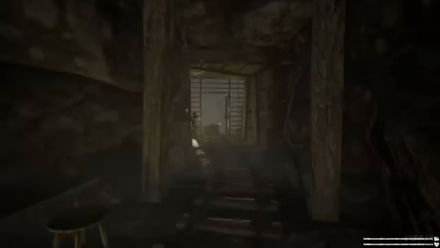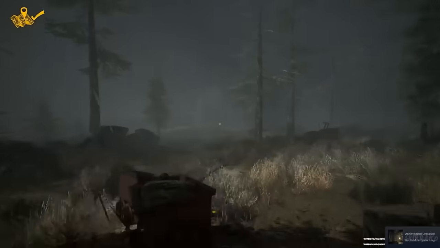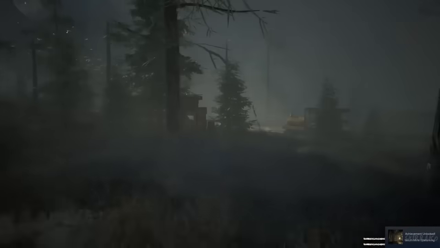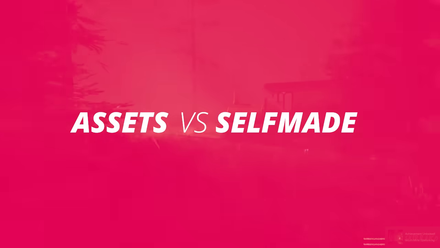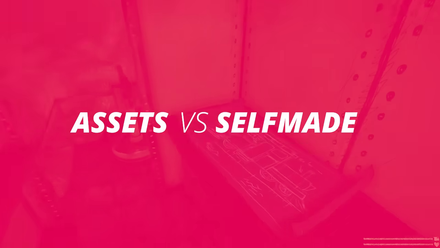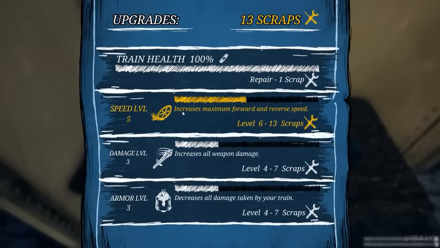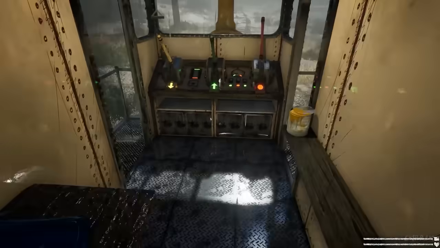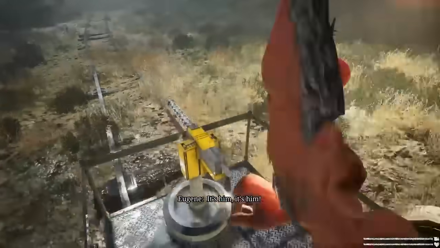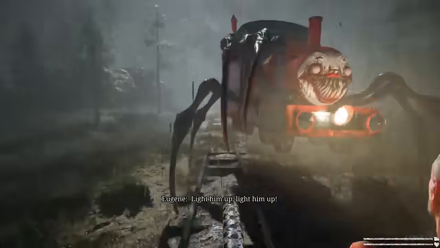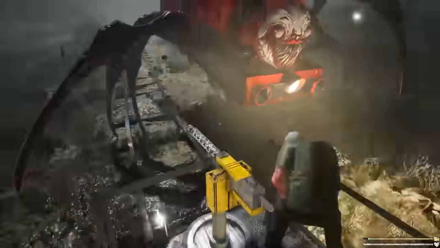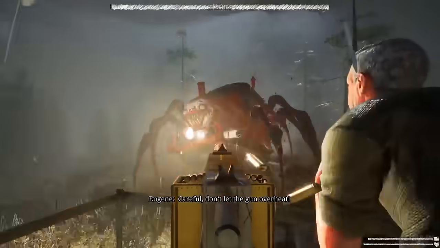When I look at Choo Choo Charles, I look at a game that has a very unique flavor. It just looks like it's handcrafted, despite the fact that you used assets. And I'm curious, by the way, why did you choose to do a custom model for the train when you could have probably just downloaded something from TurboSquid? Partially, I had some specific look and design needs for that train. I knew that I needed a walkable perch on the back of the train where the guns would be mounted, right? That was a very specific thing that I needed.